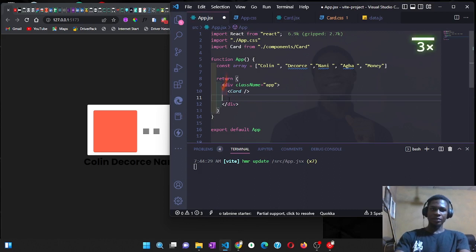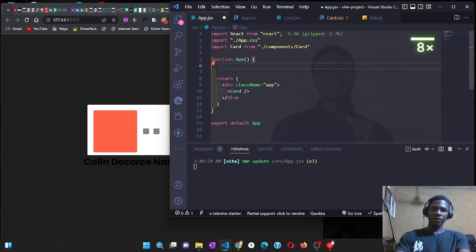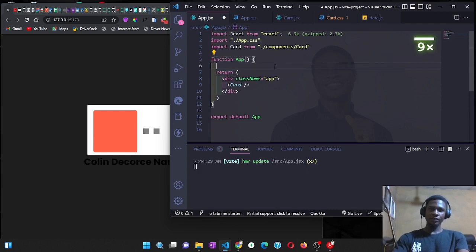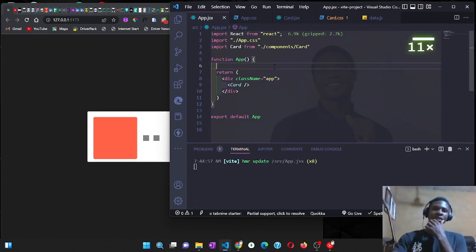Right, now, so we want to bring in that array from that other place where we have it in data.js, and what we want to do is, with that array, we want to use the .map method to display it. So what does the .map method help us do? So the .map method